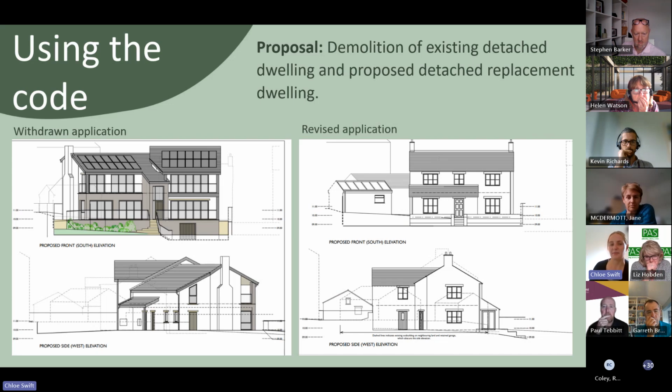Our development management team advised the applicant to consult the design code and consider resubmitting the application. The revised application is shown on the right and is of a much more appropriate design and scale. It uses vernacular materials and respects the character and prominence of the surrounding settlement. And this application was approved.